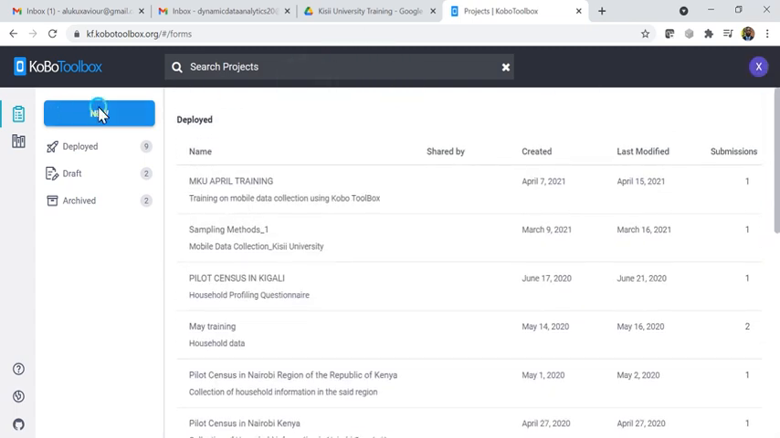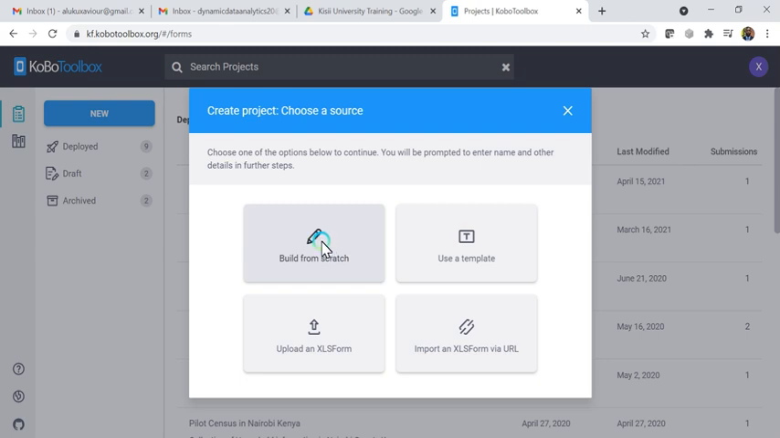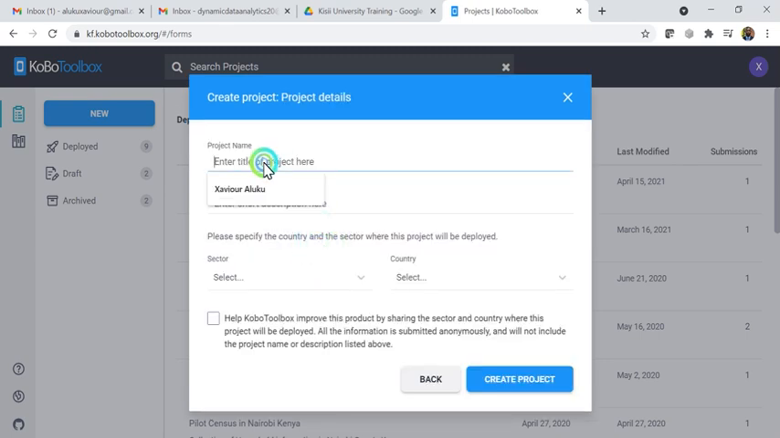I just click on new, then I build from scratch. Maybe let us say it is called Kikuyu Matasia Market Survey. Then the description, maybe the objective was to get community perception,